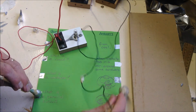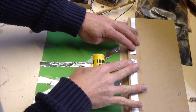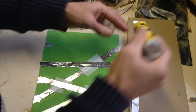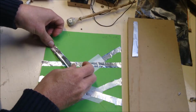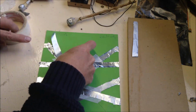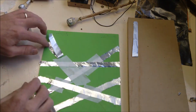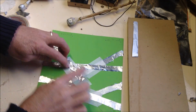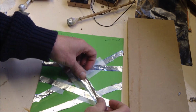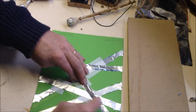Any others? No. Now if ever you have the problem where you accidentally break a bit of the aluminium foil, don't panic. You can do the same thing with 2 bits of aluminium foil as you can do with 1. Got to go over some more here. So before we do that, we want to put some masking tape over there, and over the last one. So I'll put this one down to there, and I might just show you what happens if you make a mistake. If, for example, this one, which is meant to have a bit of masking tape here,